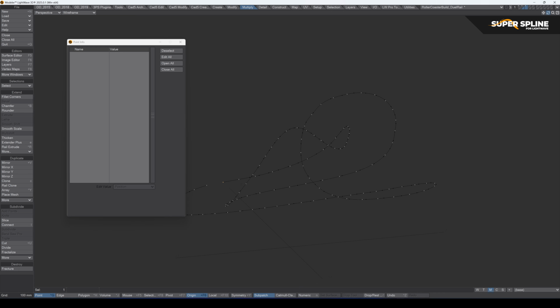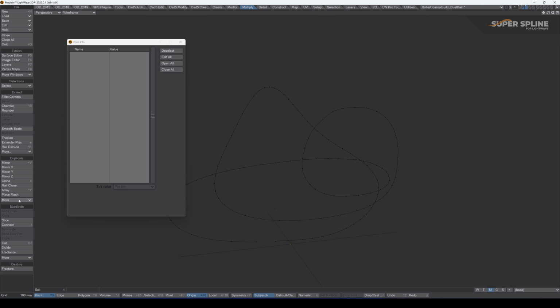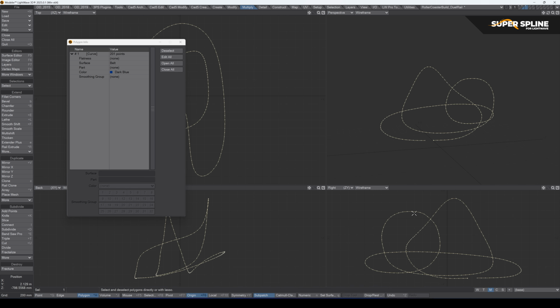So now we've got these points in order, evenly spaced. You can see here maybe we need a few more because it's not dense enough, so I'm just going to do that again. Rail clone, I'm going to go 200 this time. There we go. So I'll deselect that, and now I'm just going to select them all, Control P, and that